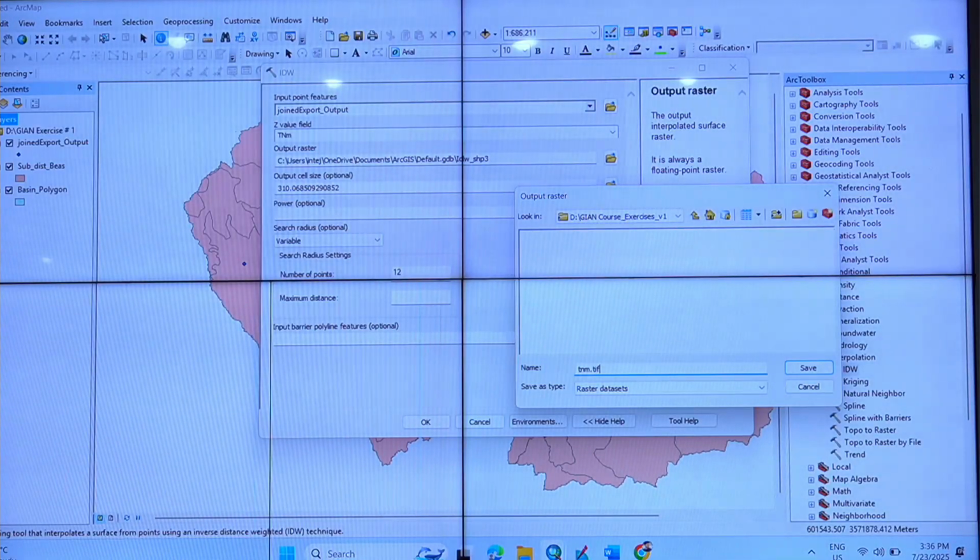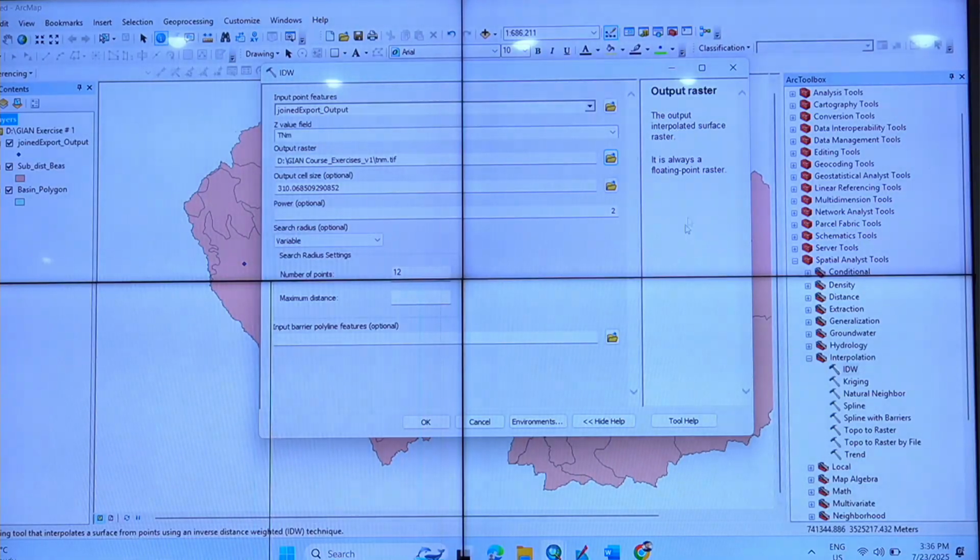So what I've done: go to Spatial Analyst, Interpolation, IDW. Click on that. Give the input feature, either displayed or kept somewhere else in a folder. And then here it is given, TNM. And here what did we give? You select the parameter one by one, all the 6 or 16, 18, whatever. And then you give the output and say save.